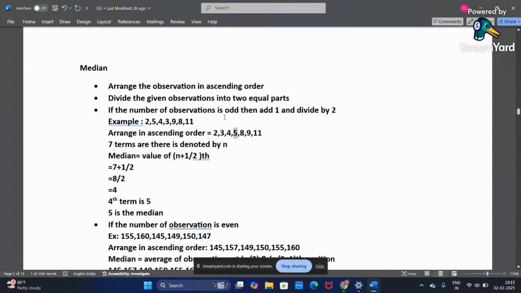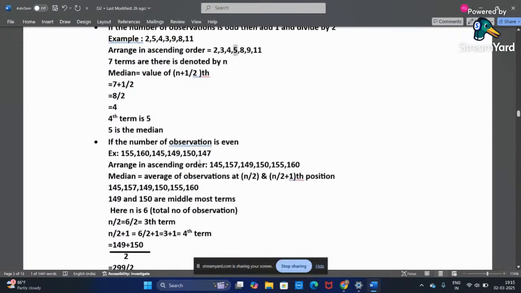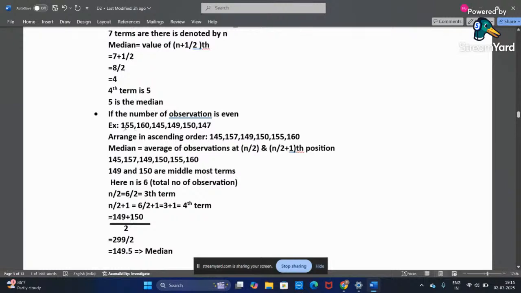This is for odd numbers. In case they have given the observations in even, take an example. Here the observations are even: 1, 2, 3, 4, 5, 6 numbers are there. First, you have to arrange them in ascending order. Then to find the median, you have to